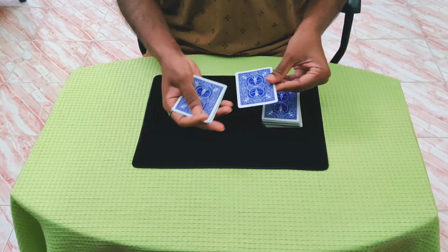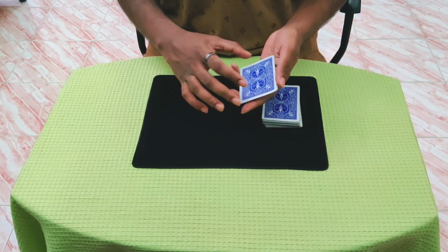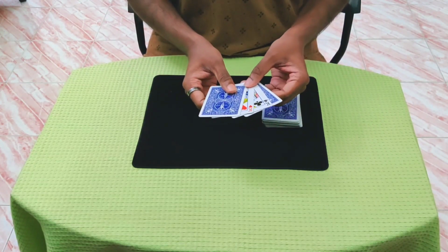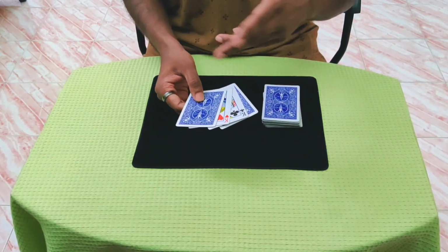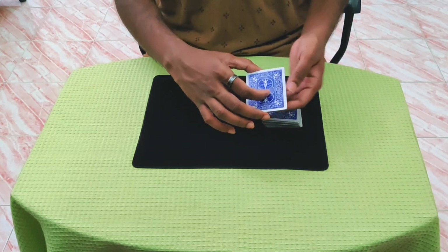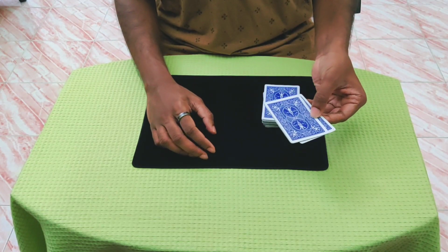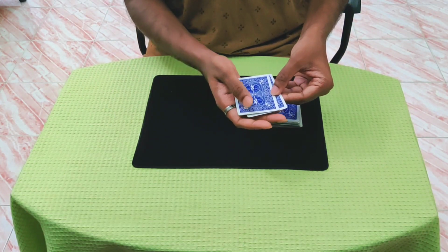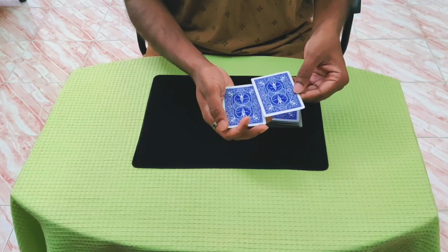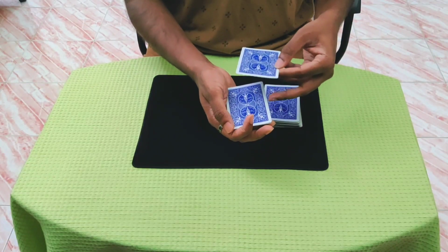And since you might not actually find this on YouTube, let me just go over it very quickly. Okay, so you will be in this position, okay, at the end of the third count. And what you're going to do on the first count, you will actually push off all 3 cards as one, okay, and take this as one. And now as you go to take this card, you will actually steal back all these 3 cards,